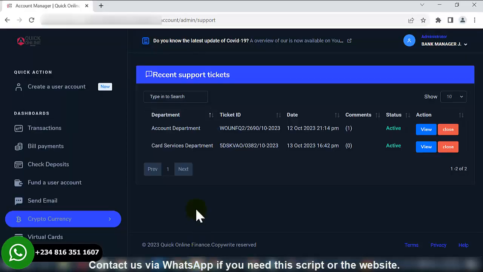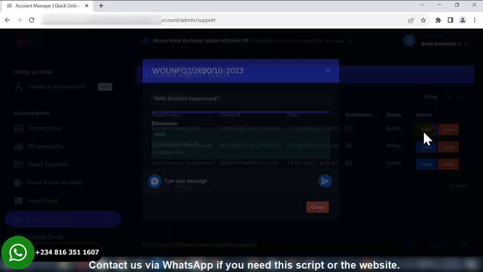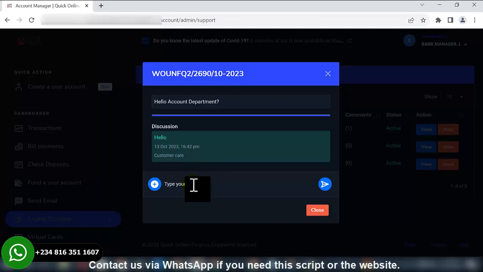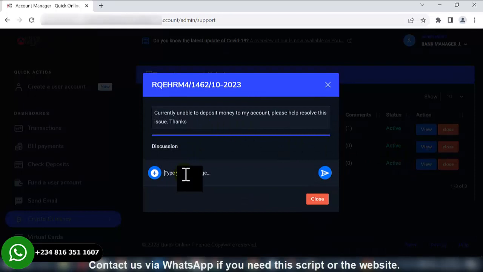So let's go over to the admin and respond. So let's refresh this page now. Okay, so this is it. This is the particular message that we sent. We'll click on view. So the admin will have to respond through this particular section. So let's see. Oh, service card, bank deposit. Okay, this is it here. So we'll click on